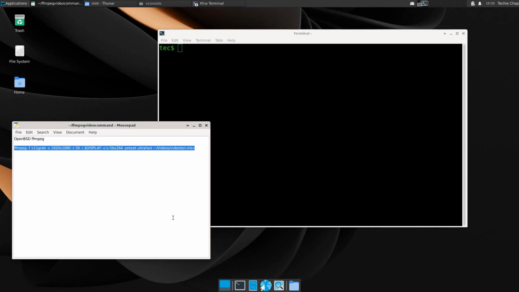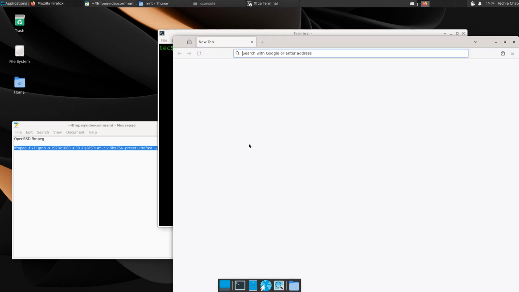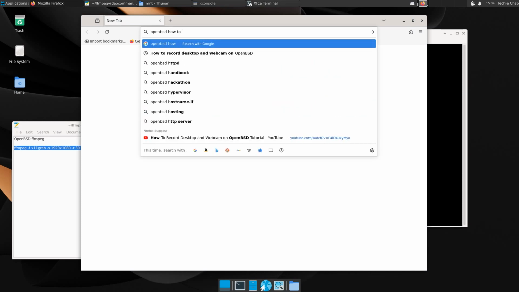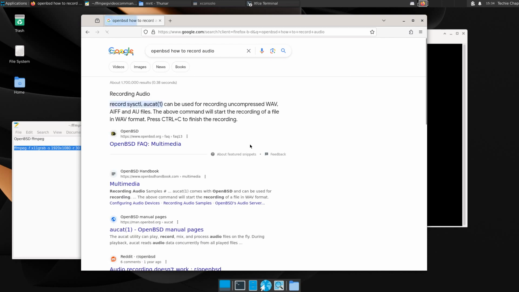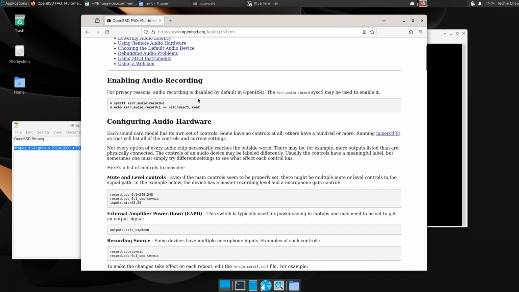In this short but brief revisit to OpenBSD 7.4, I wanted to show how audio is controlled within the OpenBSD 7.4 operating system. I was going to put this in the main review that I did, however I thought it might be useful for people who are diving into OpenBSD to find quickly if they need to manage their audio. Now, the OpenBSD website actually has a really good page on this, as you can see, FAQ Multimedia, because